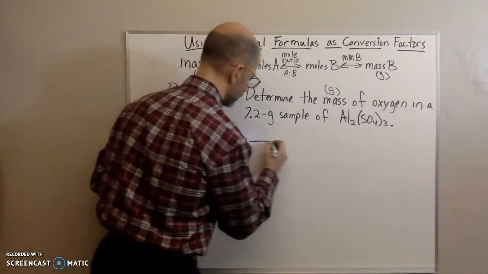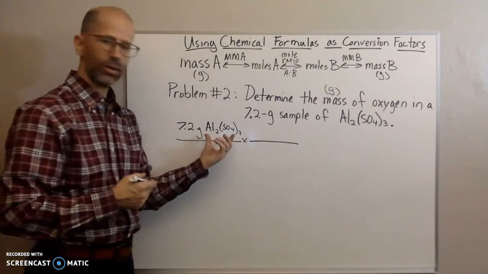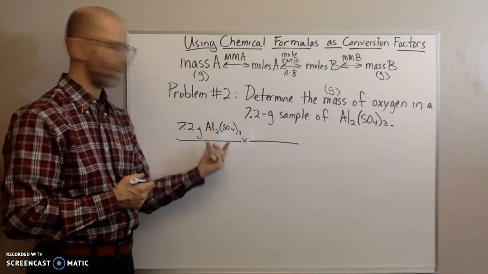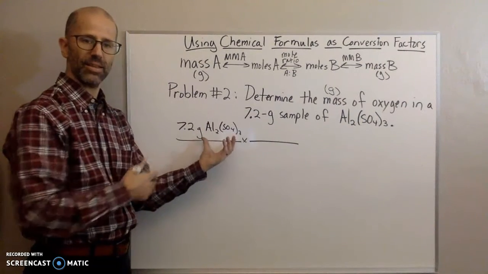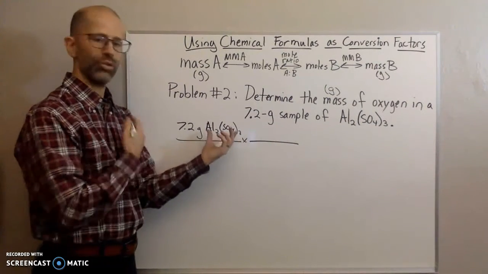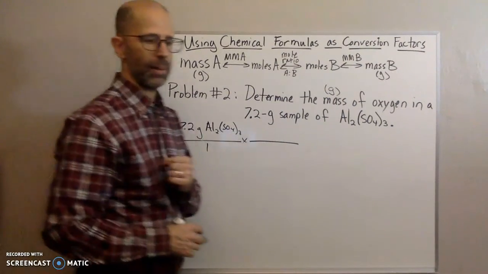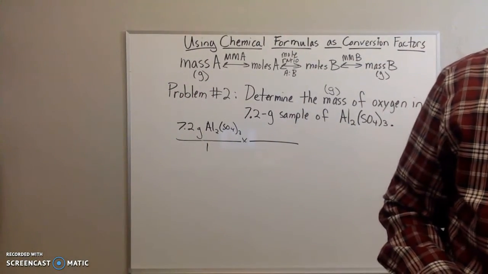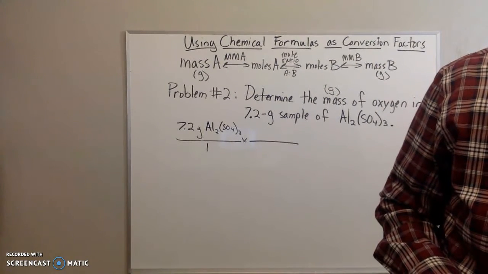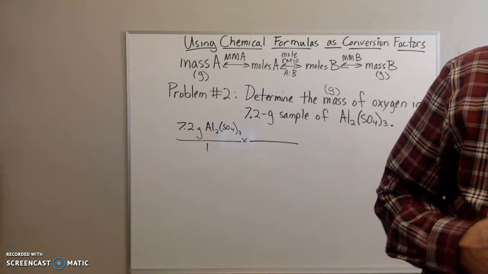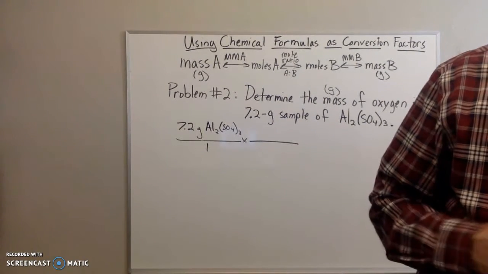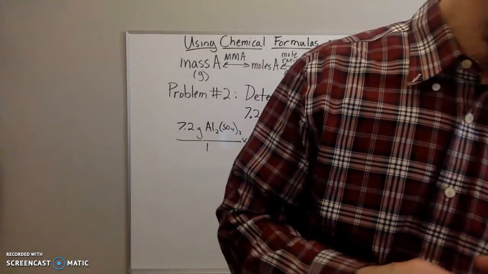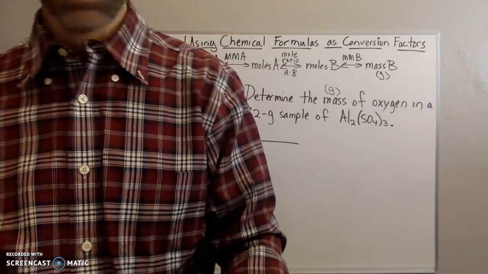So the molar mass, and again, you're going to calculate the molar mass by adding up all of the atomic masses of the atoms in our compound. So you need to go ahead and do that. I already did that, so I'm going to look up what I have, actually I didn't do it, so let's do that together. So let's see, so aluminum